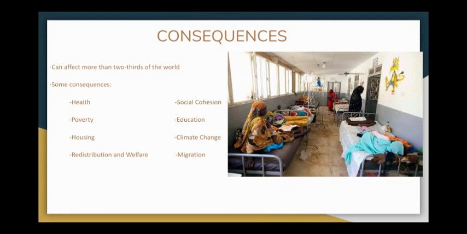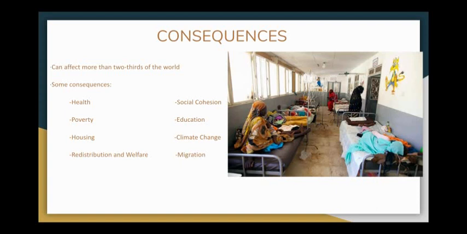Rising inequality can affect more than two-thirds of the world. This income inequality can lead to several consequences. Income inequality has increased in most developed countries and some middle-income countries. Income disparities and the lack of opportunities are creating a vicious cycle of inequality, frustration, and discontent across generations. One of the consequences of inequality within societies is slower economic growth. In unequal societies with wide disparities in areas such as healthcare and education, people are more likely to remain trapped in poverty across several generations.